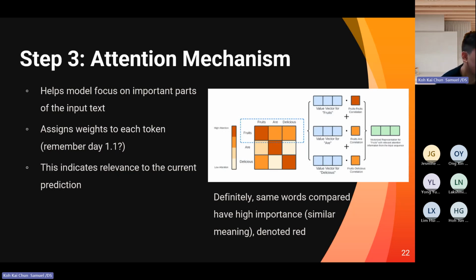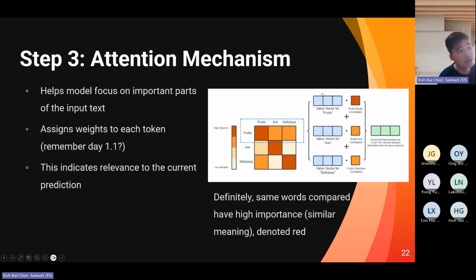For example, the quick brown fox jumps quickly, versus the quick fox jumps quickly. The word "the" will not have much importance, and hence it has a lower weightage. As well as "delicious" and those stop words like "are". Usually they get low attention. And you could see again, "fruits" itself is a high attention, and then you try to compare the value